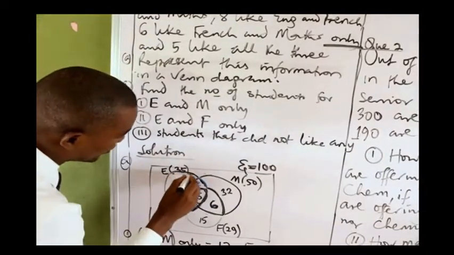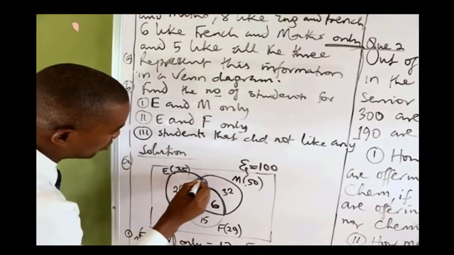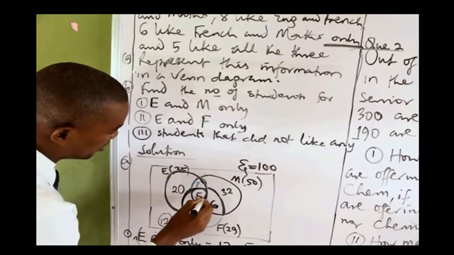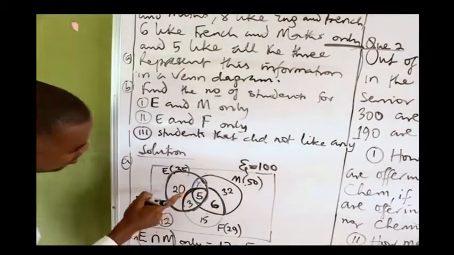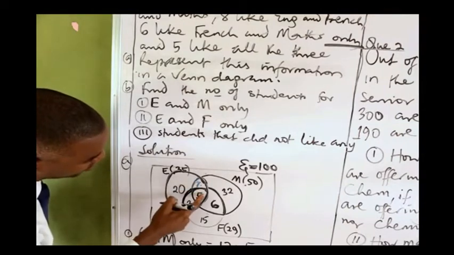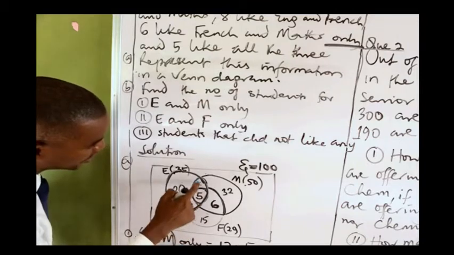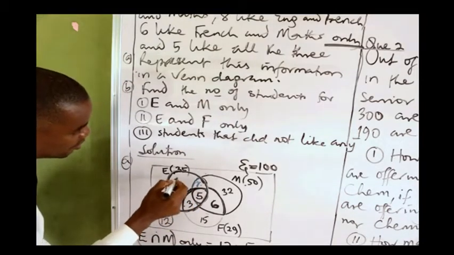That 35 is represented by this circle. Look at it very well. That 35 represents this circle. Now, if you look at it very well, you discover that part of the circle, we have 7, we have 5, and we have 3. So if you take away the sum of all this from 35, what will be left behind will be